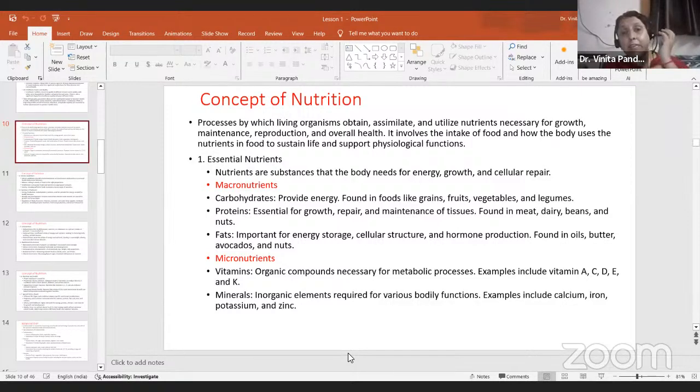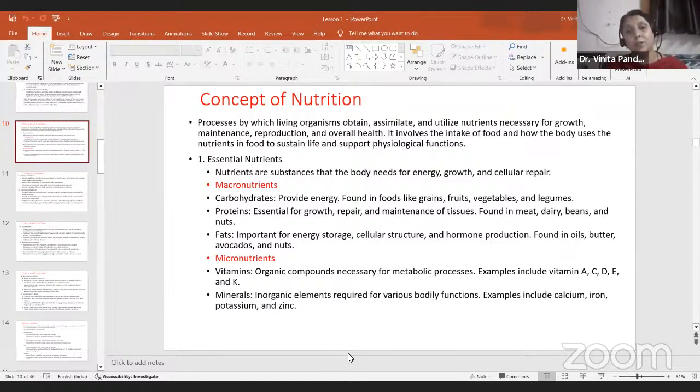And if there is any damage, let us say you had some small cut or someone meets with an accident, so the cells of the body also have to repair themselves. So to repair those particular cells, what kind of nutrition are you taking? Because that nutrition will help the cells to repair themselves. See, nature has created the human body, or for that matter, any living organism. Nature's creation is awesome, I tell you. Cells have the ability to repair themselves provided you are giving them the right kind of environment with the right